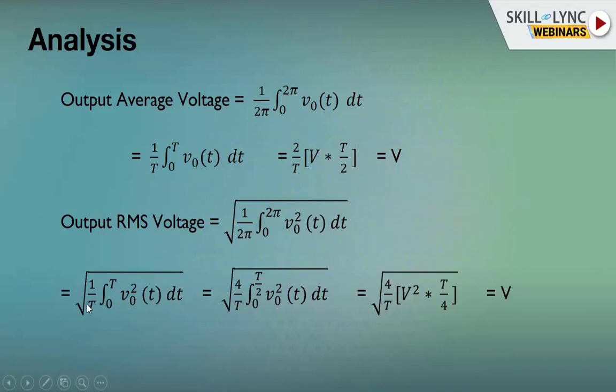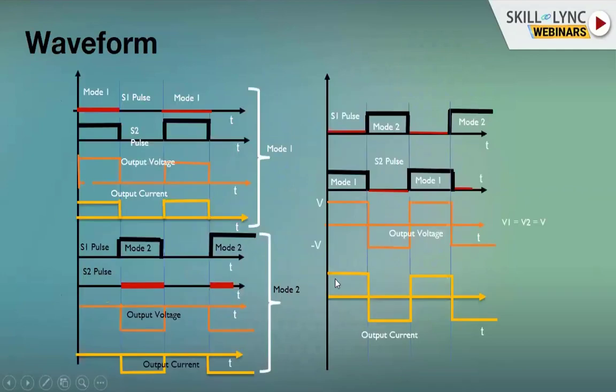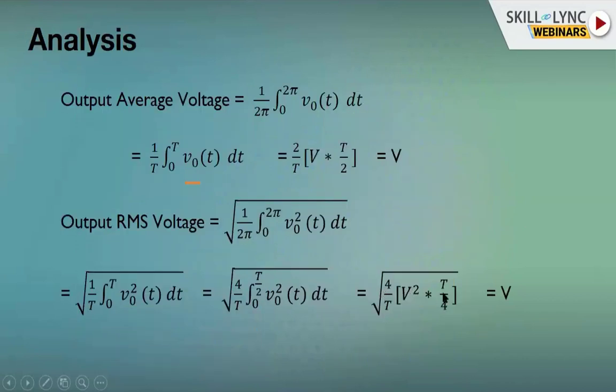Moving on further, we can just integrate the whole thing for half the cycle. So it goes as 0 to T by 2, V squared dt. V squared dt means the whole waveform has to be squared. So the height is V squared, but the breadth does not change. The breadth remains the same, which is T by 2. So the whole area now becomes V squared into T by 2. That is being substituted, V squared into T by 2. The whole thing is a squared value, and when we cancel out and take the root, we get the value V itself.